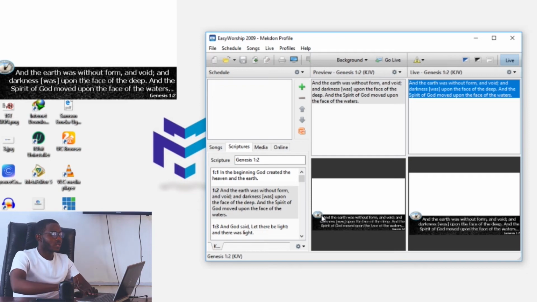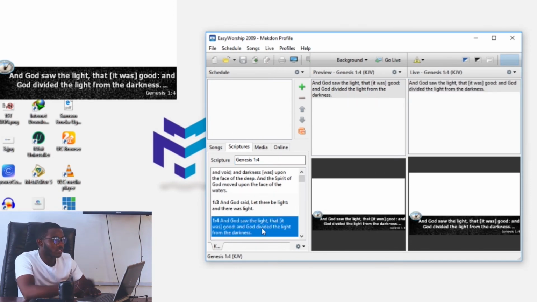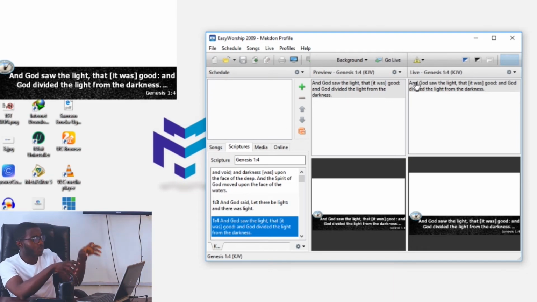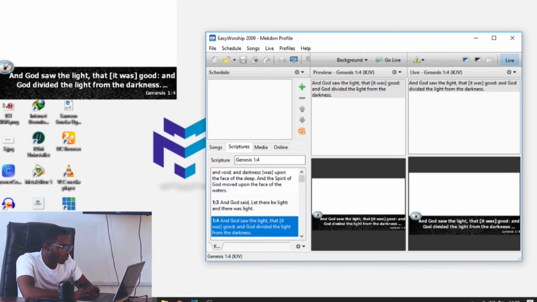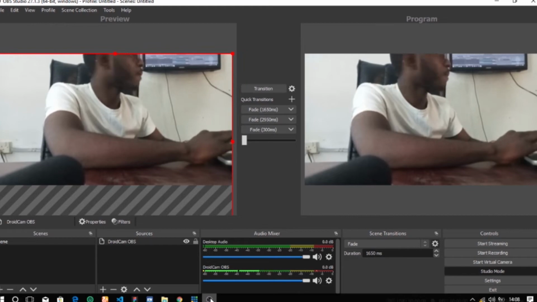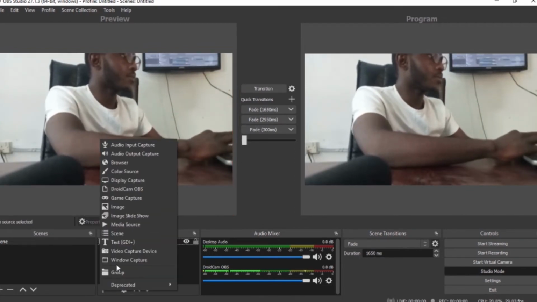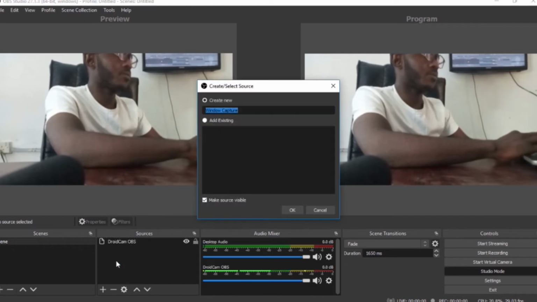Okay, now I have a lower third that suits my needs. So anytime I change the scripture, I don't need to change the background again. So what I'm going to do is go back to OBS and import this output into OBS. So now we'll open our OBS software with our display, then click on add Windows capture,